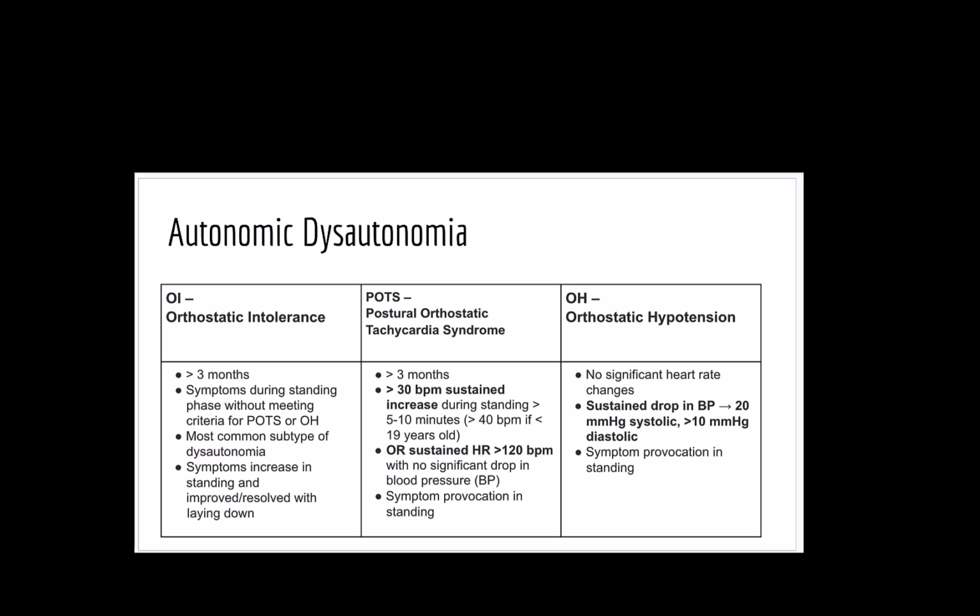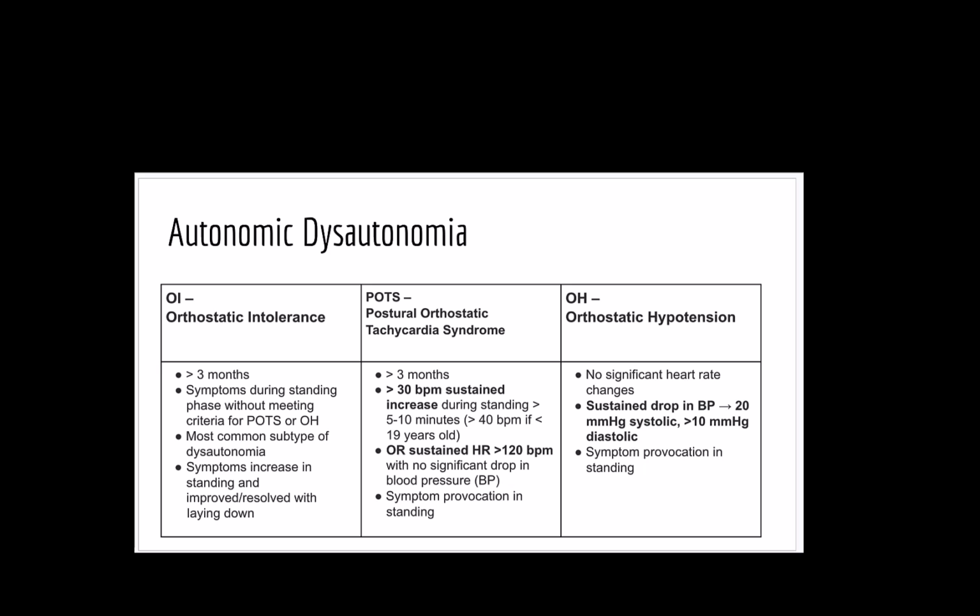But typically you'll see symptoms happen with that change of posture from sitting to standing, and it improves when they lay down, and it's just not significant enough to meet the criteria for either POTS or orthostatic hypotension. So OI, orthostatic intolerance, is probably the most common type of dysautonomia that you're likely to see in a patient